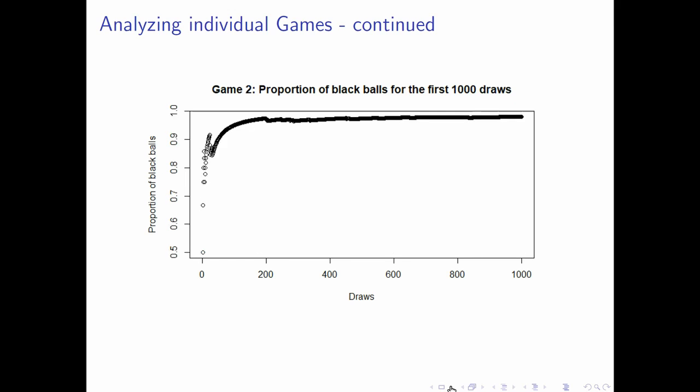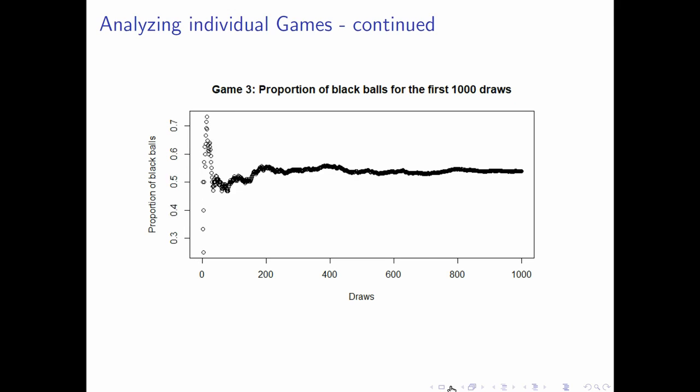So this example corresponds to the case where the rich are getting even richer, and for this particular game there were 9,775 black balls in the end, so a profit of $9,775.